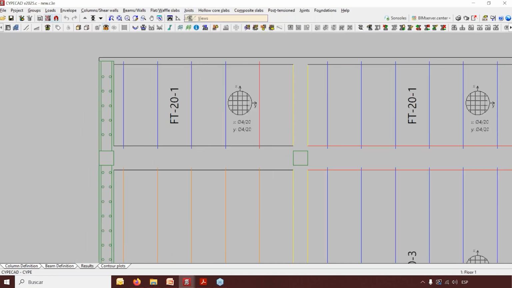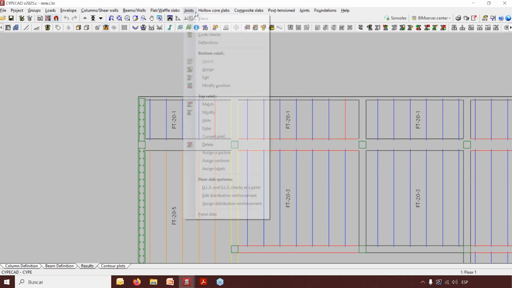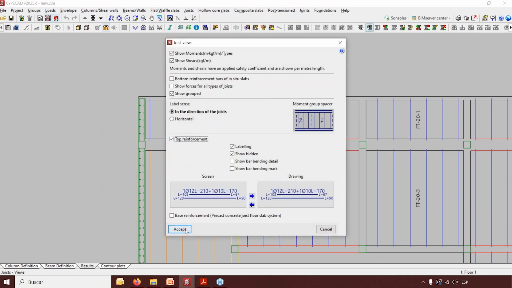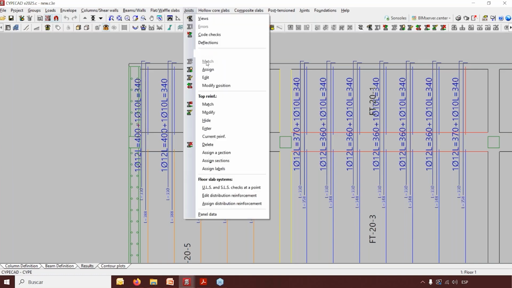We can choose to hide that information of the mesh by unselecting here in joist and joist views. We can come here to the bottom and unselect this base reinforcement. And if I click accept, that will disappear, and we can choose at any time to make visible the top reinforcement again. Of course, this reinforcement can be edited. Here with bottom reinforcement and top reinforcement, we have tools for matching them, for designing it and inserting it by default, for editing it or modifying its position. And we'll actually do it because I want to show you